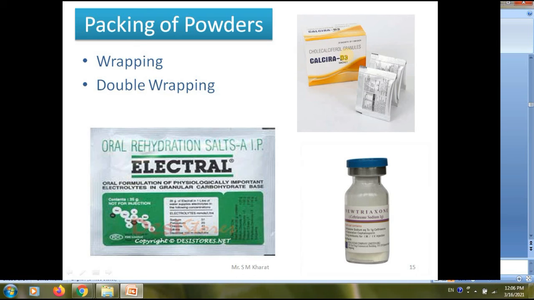You can answer by unmuting yourself, or you can post in chat box. First layer which is of... no one knows, no one remembers. This is the most important thing, because packing in pharmaceutical, butter paper, okay, but this is a second layer. Butter paper is the second layer in this double wrapping. What is the first layer?